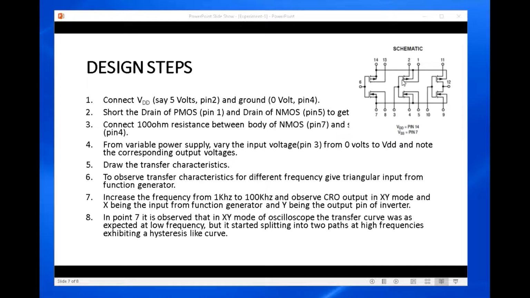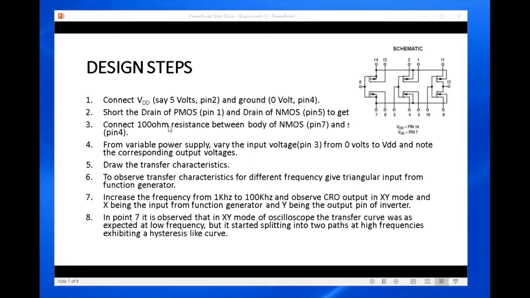Because the arrow is pointing from P to N, from the P channel to the N-type substrate. Similarly, now you have to short the drain of the PMOS, which is 1, to the drain of the NMOS, which is pin 5. Source and drain are symmetric in this device, so their roles can be changed also. But whatever you choose, be consistent.